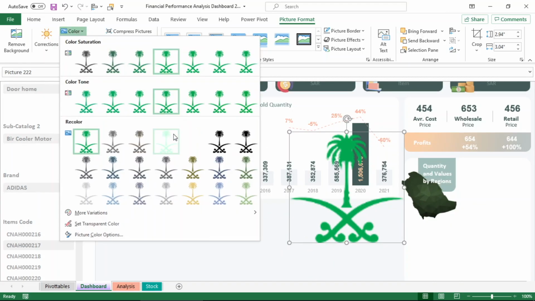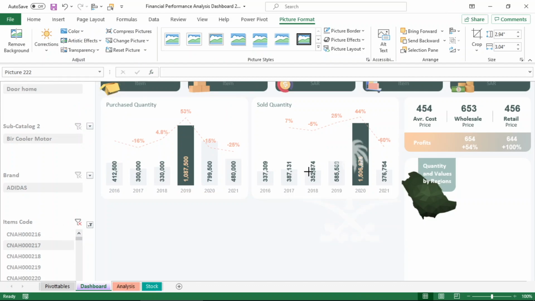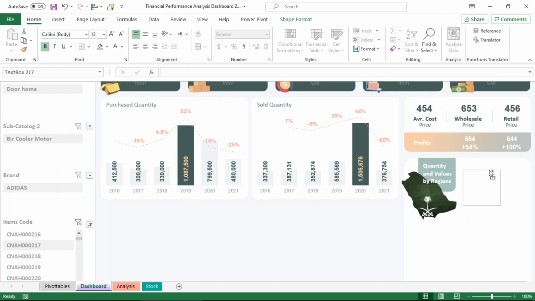We will recolor the symbol in white. Excellent, the picture looks consistent with the general appearance of the dashboard.